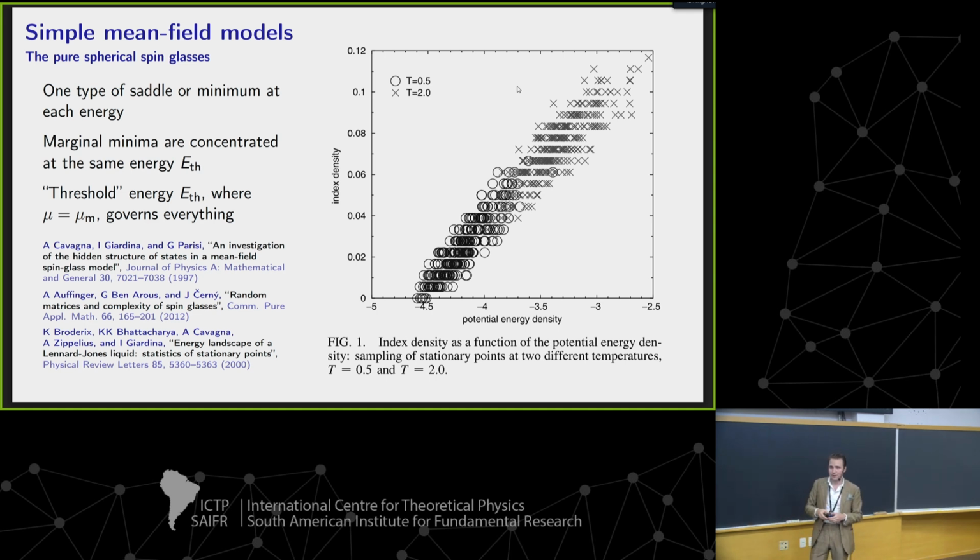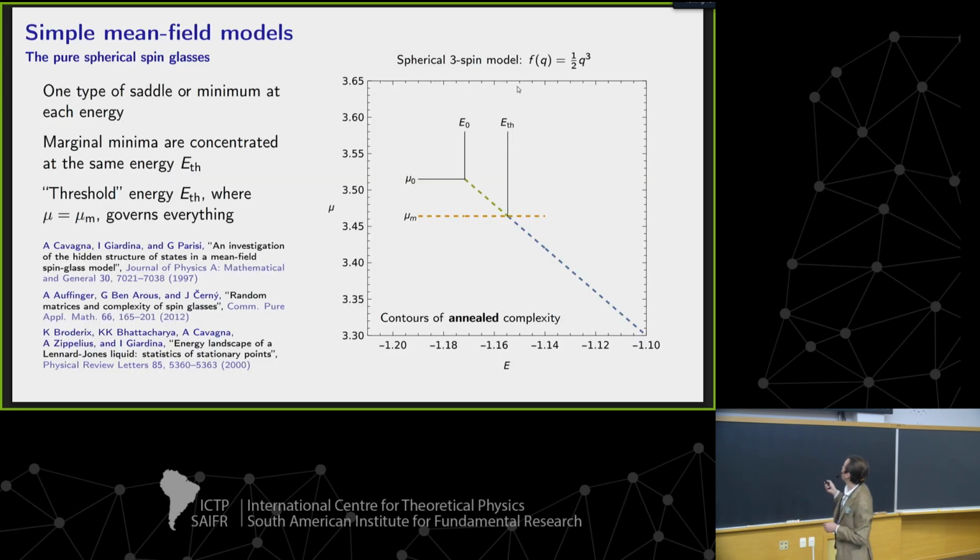Yes? Sorry, I need a little bit more. I mean, the broadening, the horizontal broadening, can you explain a little bit compared to the other one? So here, if I fix the energy to a certain value, I have a unique type of saddle point given by this stability, for a given mu, let's say. For saddle points, you can write down the index density as a function of mu; there's a way to do it.